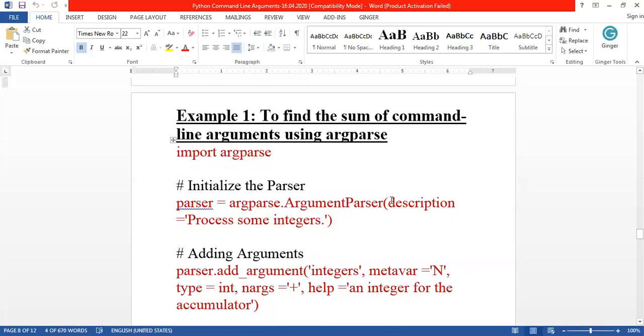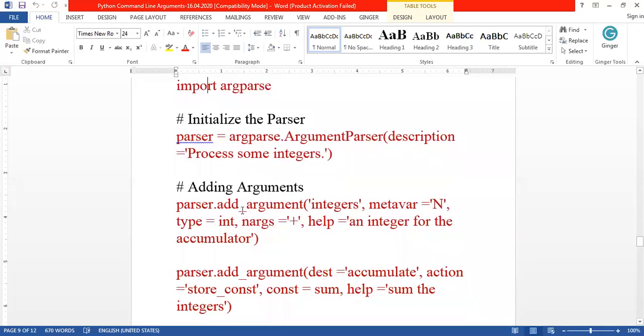Let us see the example, you will understand. So here what module you have to import? import argparse. So this is a module you have to import. So what is the example? We are calculating the sum of the command line arguments. Okay, we will calculate the sum of the values that are passed in the command line arguments. So first we are using import to import argparse. Next you are creating the parser object by using the ArgumentParser method. So this method will create a parser object.